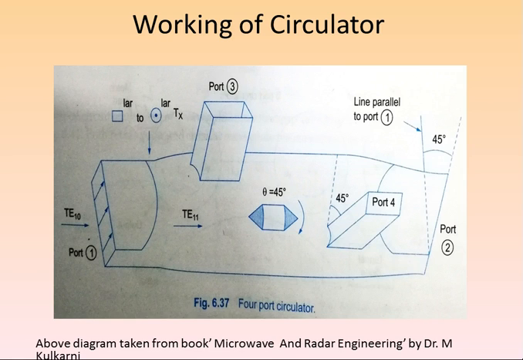It passes port 4 unaffected for the same reason as it passes port 3, and finally emerges out of port 2. Power from port 2 will have the plane of the polarization